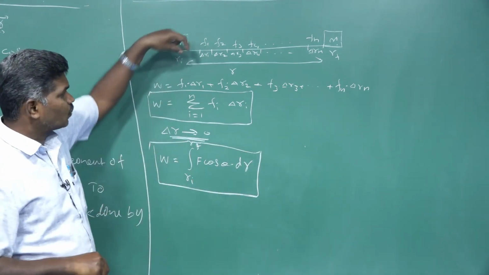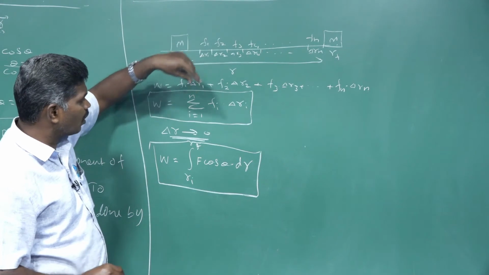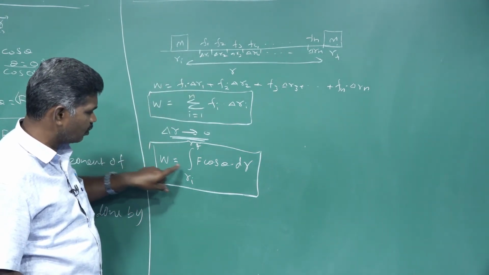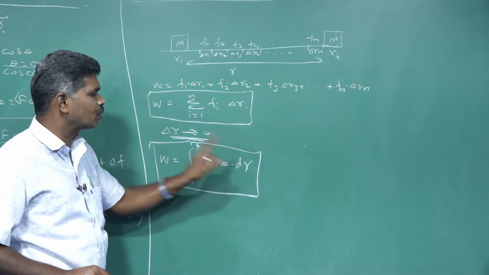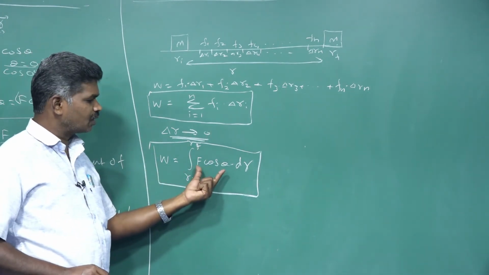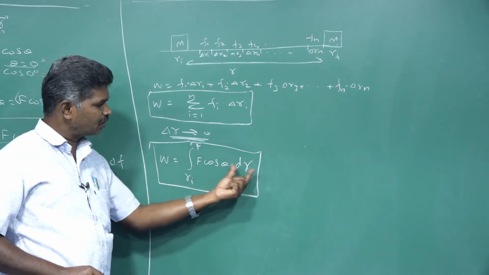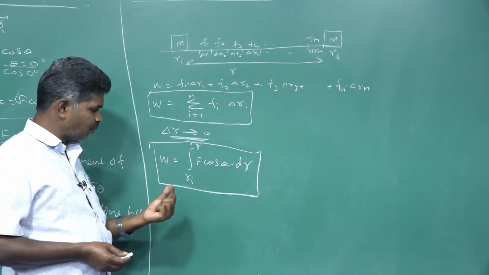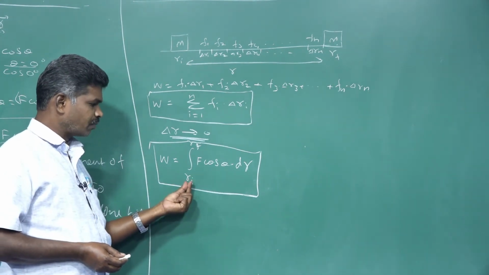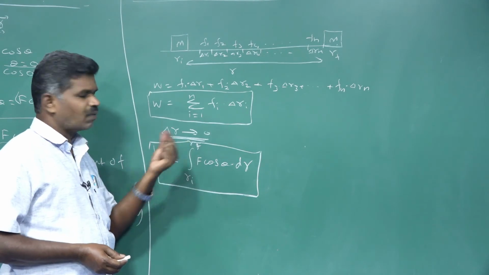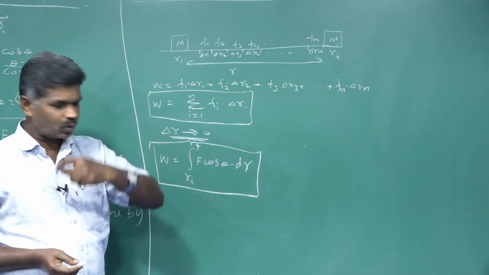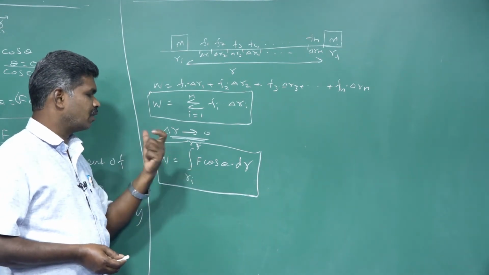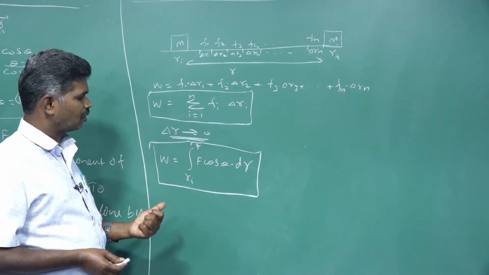If the splitting displacements are too small, almost equal to 0, then their work done can be taken as W is equal to integral F cos theta dr. F cos theta is our variable force and dr is the displacement. We are moving an object from the initial position, Ri, to the final position. For finding that total work done, we are going to use this, by varying the applied variable force.